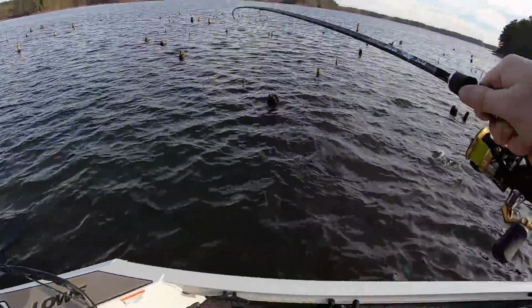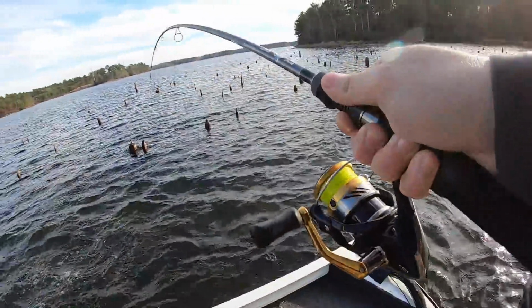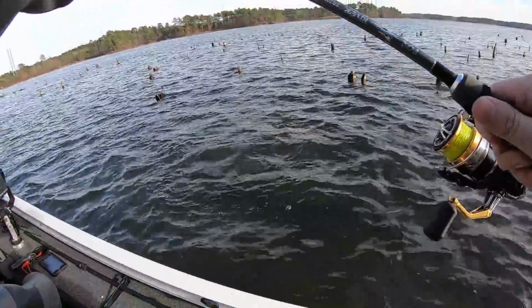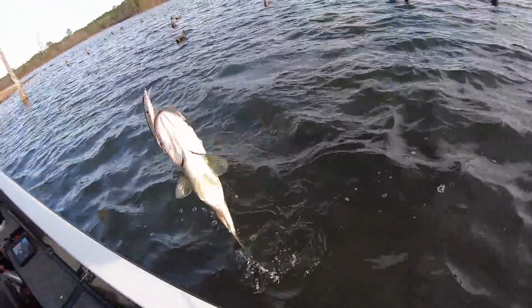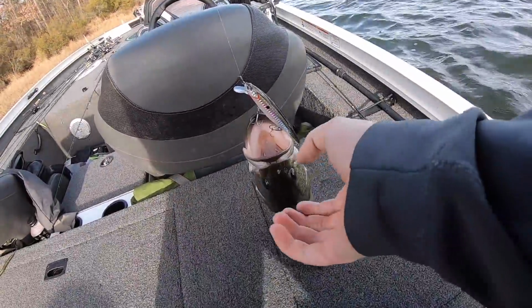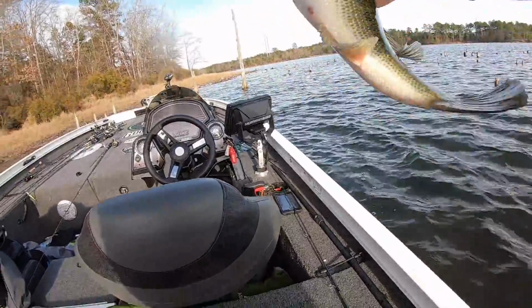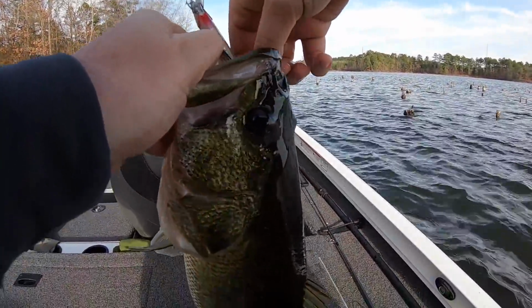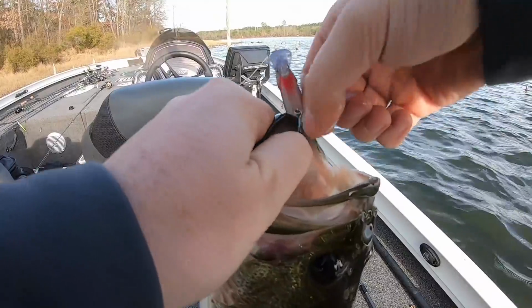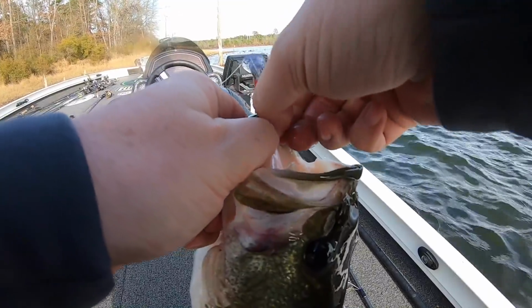We're gonna hit spot lock. Hopefully she holds us there. Woo, we're having fun now, boys. They are chomping at the bit. That jerkbait bite, just like I thought, I think is gonna get really good right around this little standing timber here. See, like right there, that is a pre-spawn fish. I swear to God, I think we've caught a fish from every single stage of the spawn today, which is really cool. That's why these power plant lakes are super interesting to fish, because you just never know